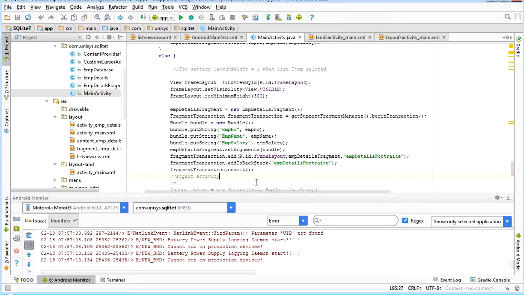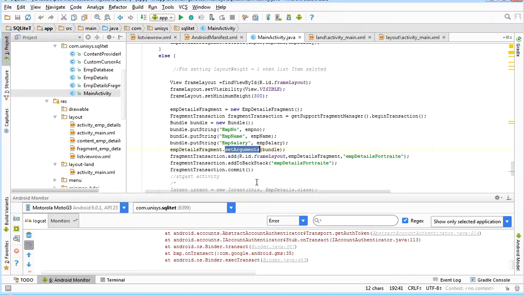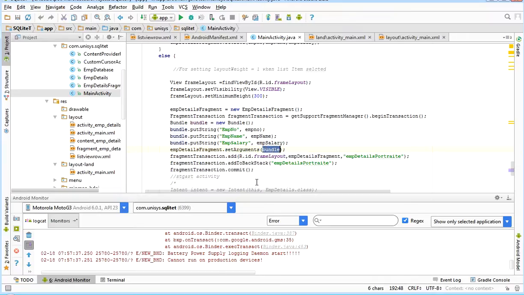That's it. Begin transaction, add and commit. And before that I need to pass the values to the fragment through a bundle. Create the bundle, put string, name and salary,